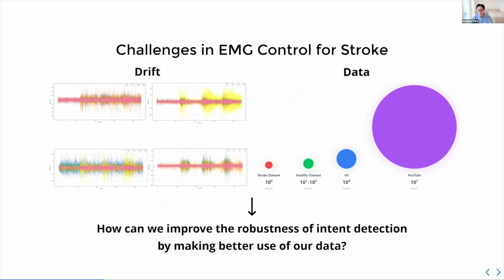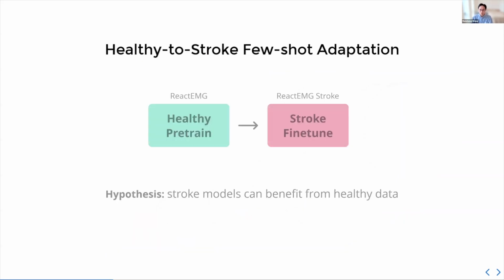That being said, given how much data we have and how non-stationary EMG can be, what's the best approach here? We decided to go with a pre-training and fine-tuning approach. Typically, you find this in vision and NLP, where it is very common. But in our case, our pre-training population is healthy and our fine-tuning population is stroke.